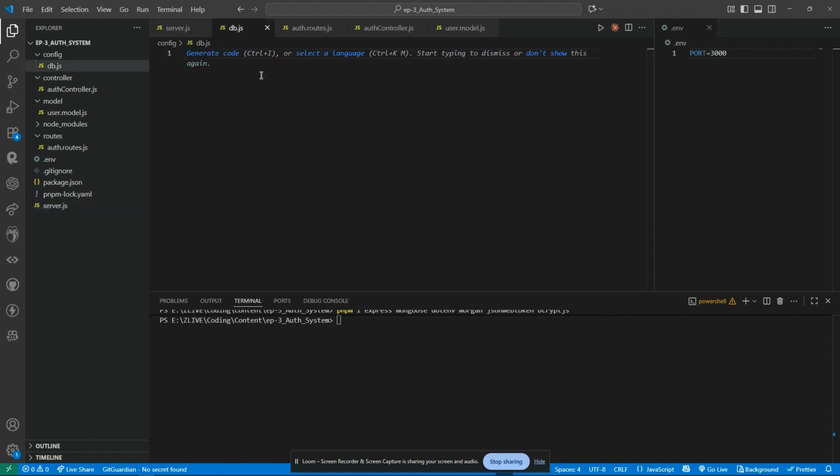Later, and let's now work on the database. It should be const mongoose equals to require mongoose. Then we need to make a function that says connectToDB,